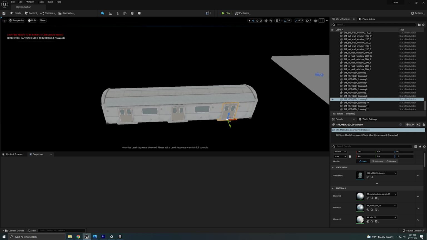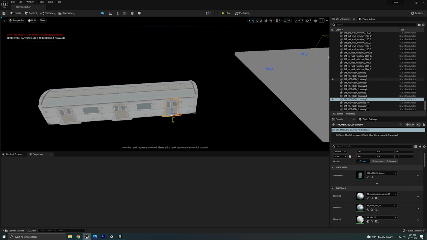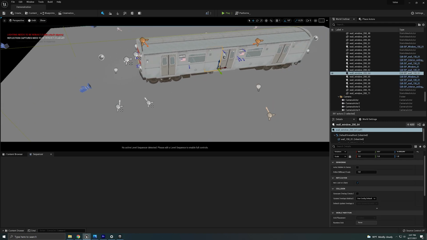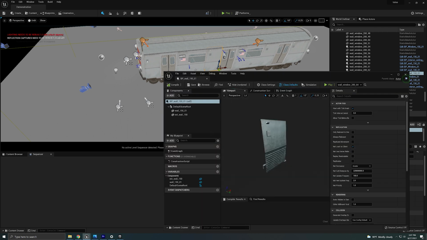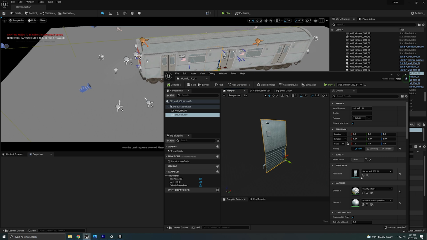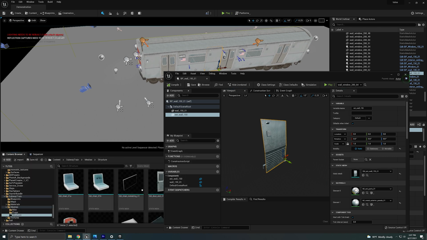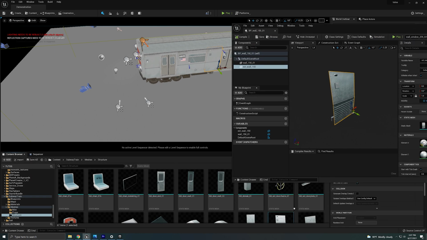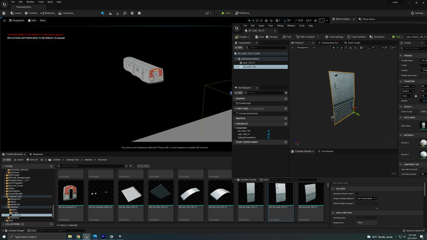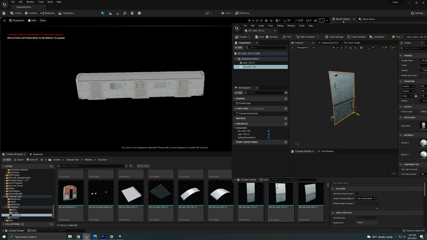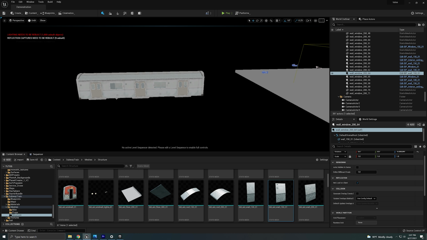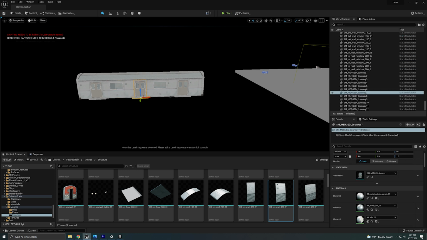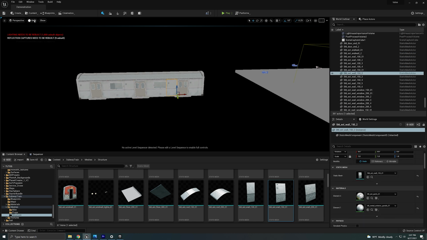Now, in order to get a static mesh, all you have to do is go into the blueprint, go into edit, go into viewport, and you select what it is, and you just browse to the asset with a magnifying glass. It will take you to which asset it is, and you just substitute it with that. Now that took me a while, so pretty much once you are done making your train, so taking the blueprints out, all you have to do is go into